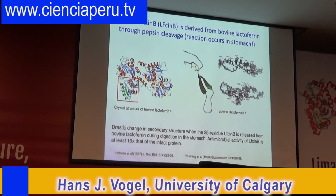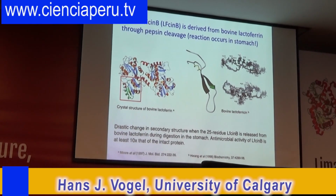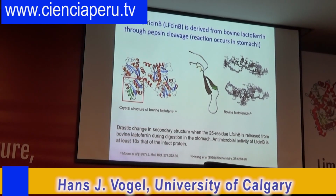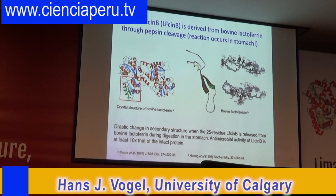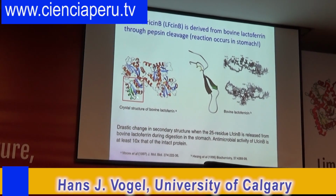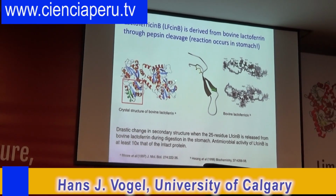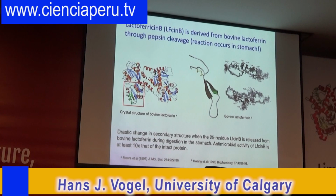And this occurs in the stomach. So this is a naturally occurring product. It's not an artificial synthetic peptide. It's a naturally occurring peptide that can be made from bovine lactoferrin. And what happens is you see it has an alpha helix and a base strand that make up the structure of the protein. But when you take it out, it becomes a beta hairpin structure that is held together by